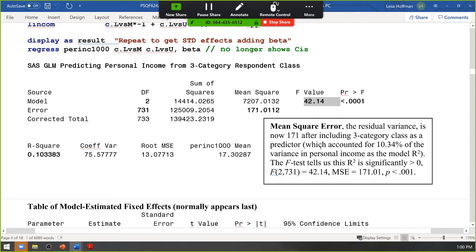So the terms that you're going to report in your homework, because this is how you would do it in a real paper or dissertation, the form of it is right here. For the rest of this semester, you'll get a chance to practice this several times in each homework. You have F, in parentheses are the degrees of freedom. The first number is numerator degrees of freedom, comes from right here. That's the number of slopes in your model. The second number is denominator degrees of freedom. That's the number of slopes you still could put in your model, which is a function of sample size,